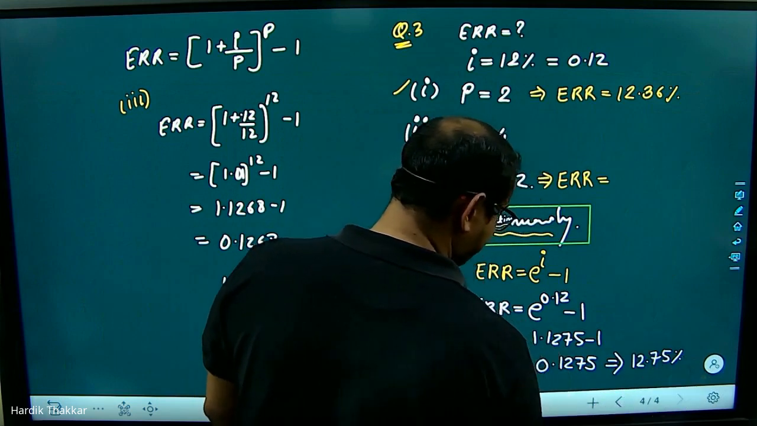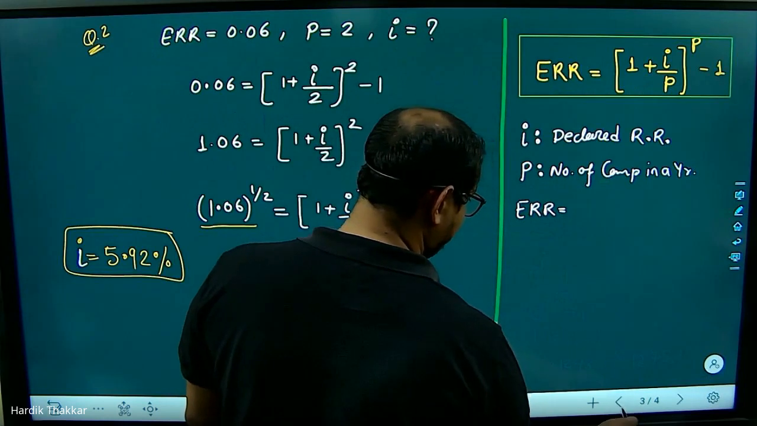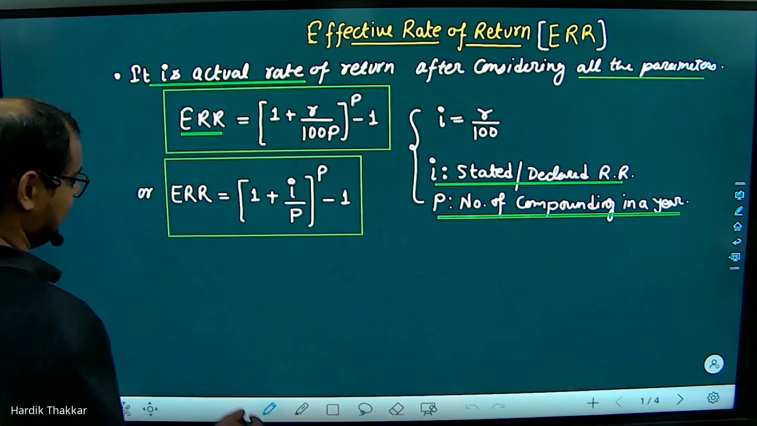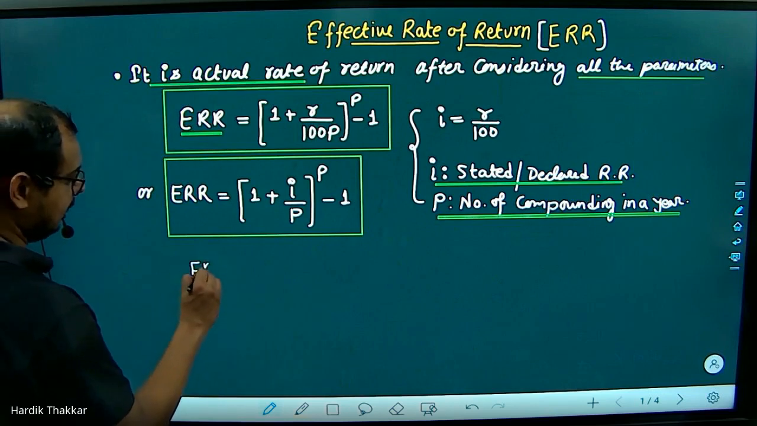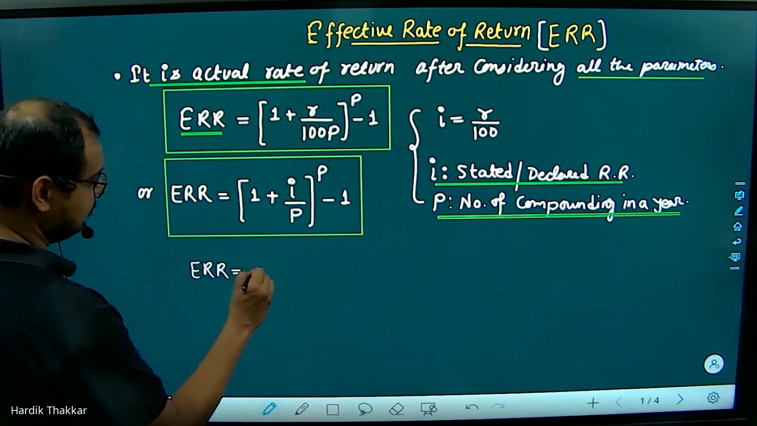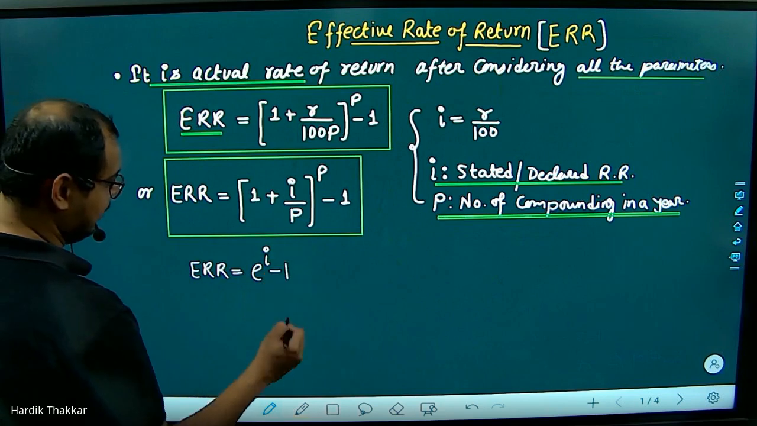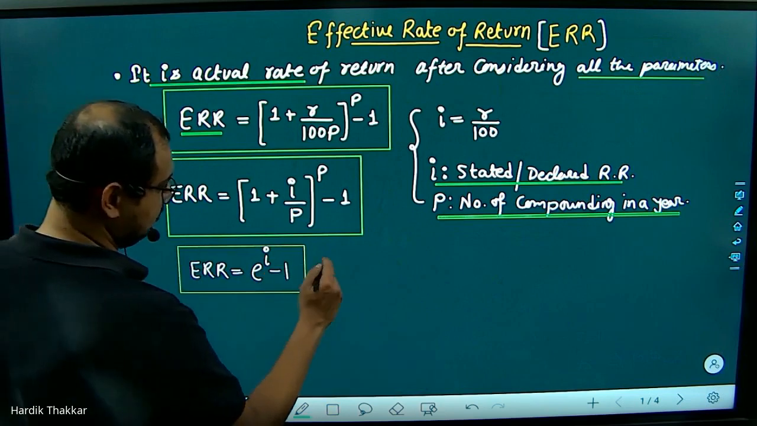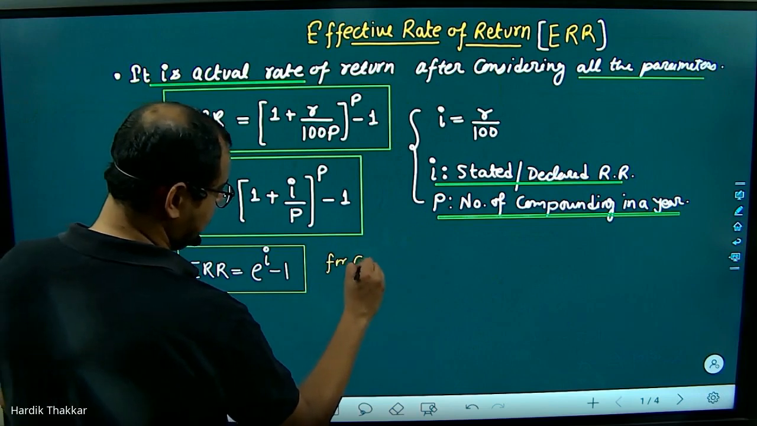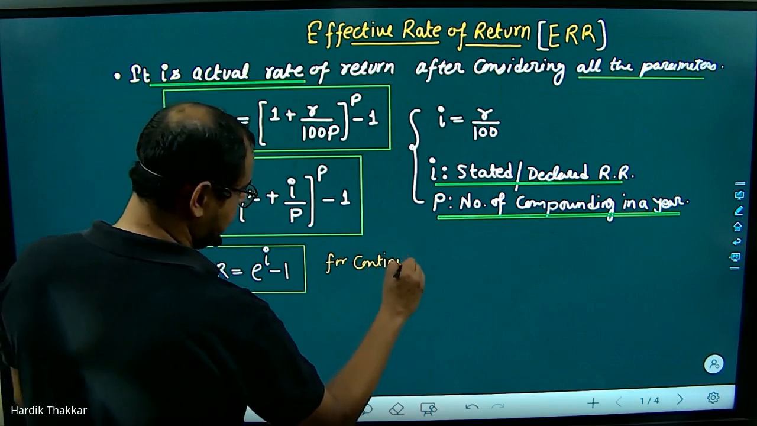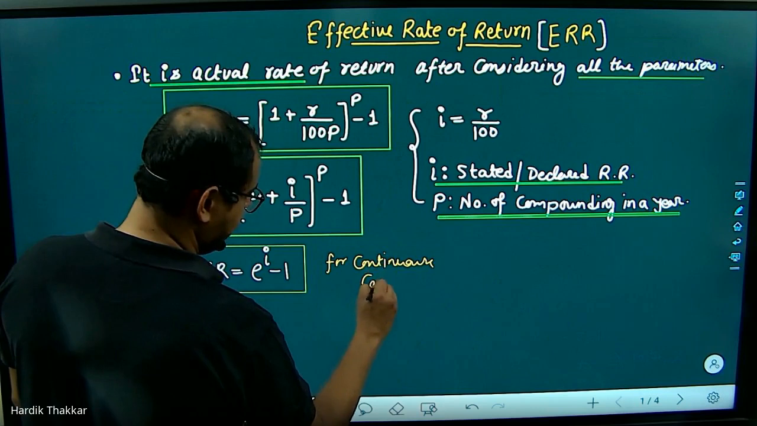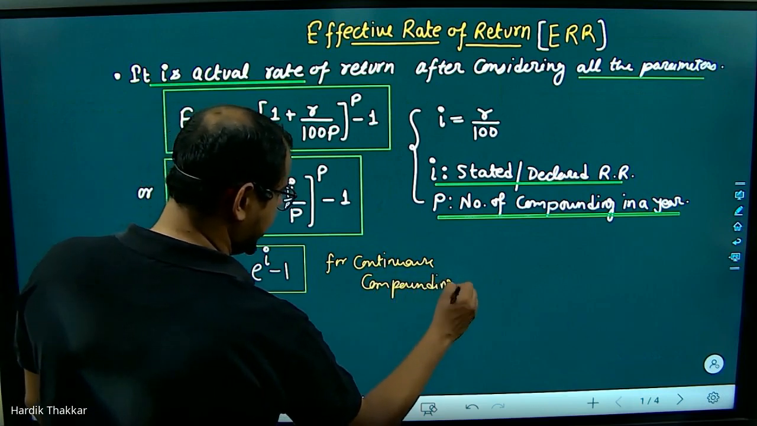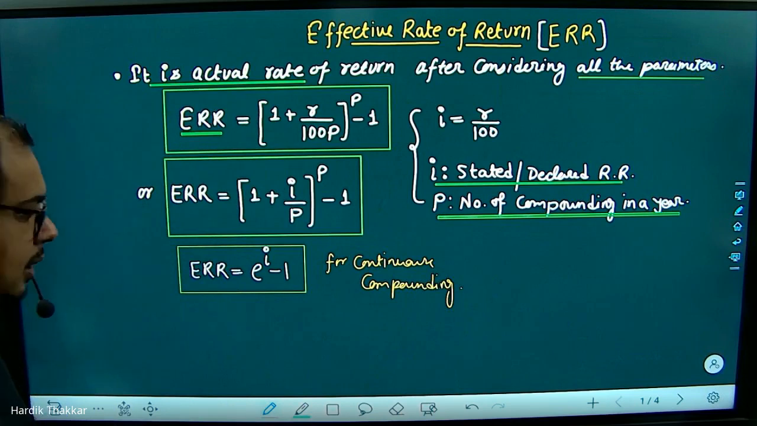Okay, so starting में जहां पर मैंने ये फॉर्मूले लिखाए थे ना, उसमें ये नोट डाउन कर लेना। यहां पर ERR is equal to e raised to power I minus 1 for continuous compounding. ओके, आगे बढ़े नेक्स्ट।